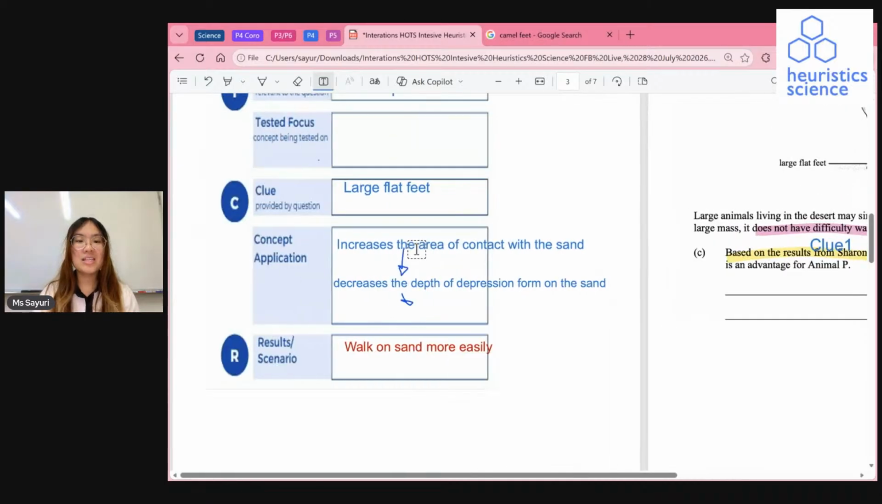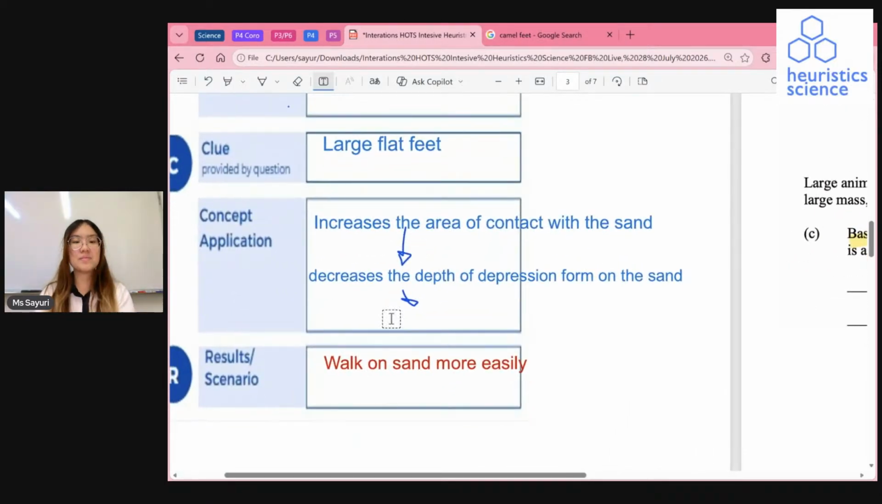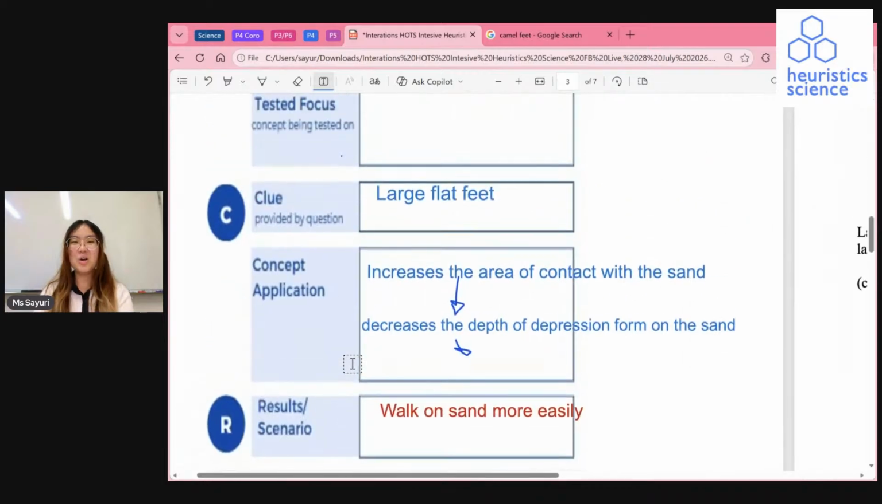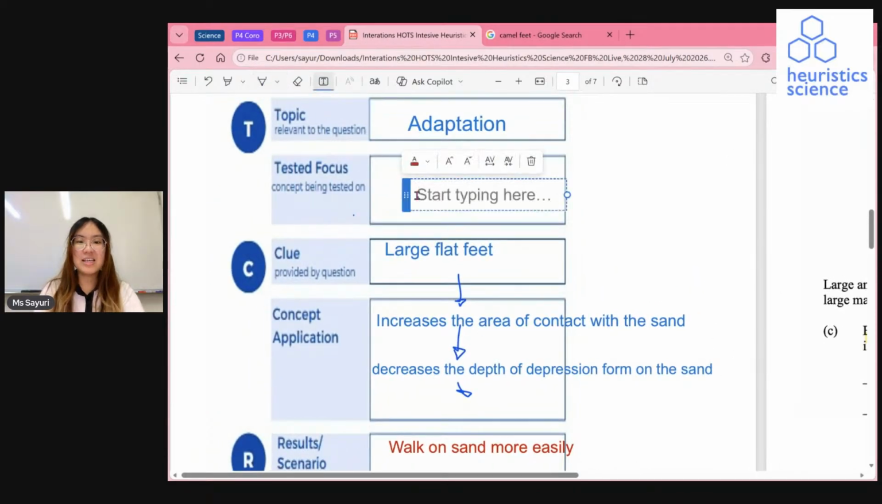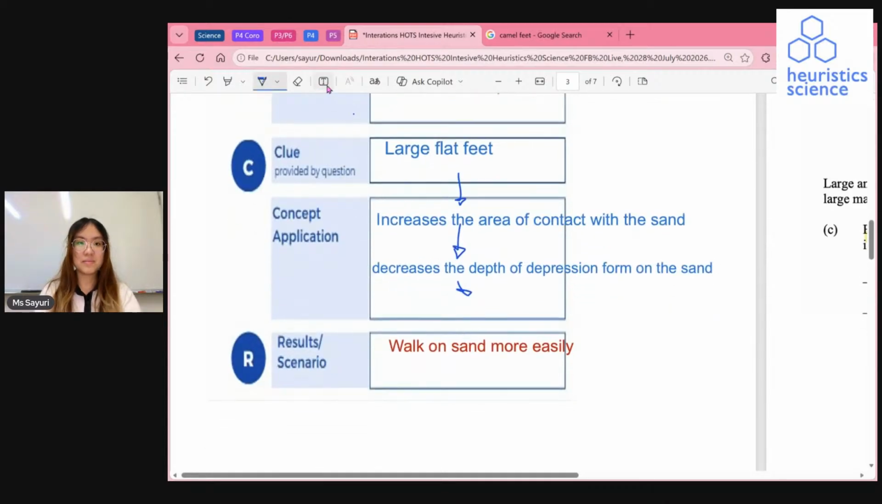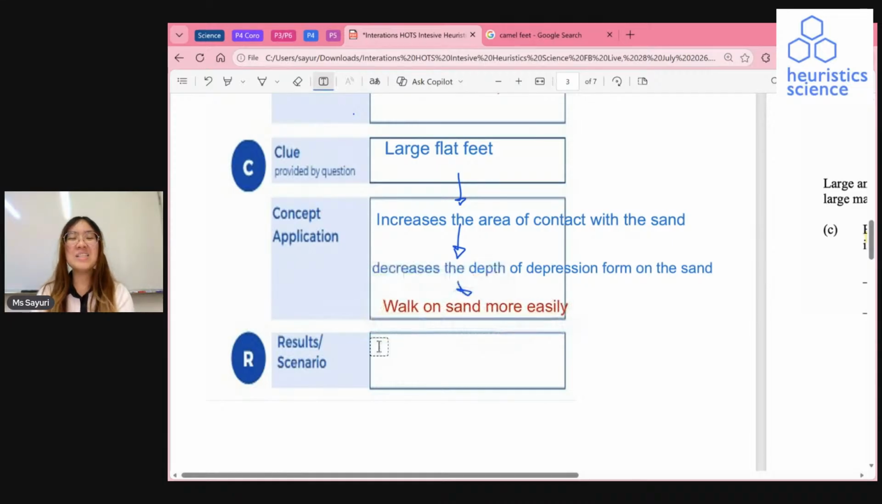So in this case, you left out your factor, you cannot end your answer here. What else should you be writing? Anybody? So this tested focus is actually a structural adaptation. Actually, I wanted to put it here. Oops. If you can just shift it up. So this one over here, having large flat feet,